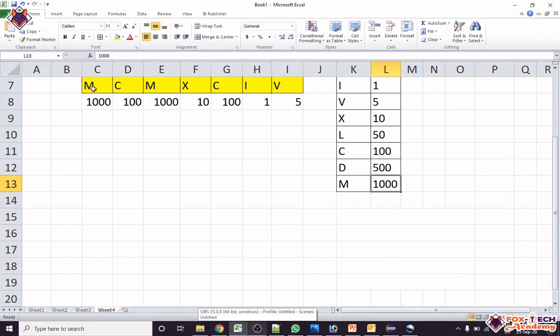First we have to add all the values. First we will get M, and we have to add M to a sum variable, a result variable. Suppose here I will store 1000, the value of M. Next we will go and get the value of C, and we will add this C into the result, like 100. Next, when we go to M, we will get a higher value than the previous number.